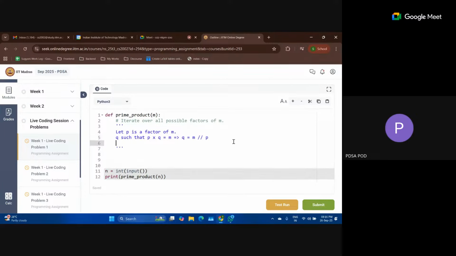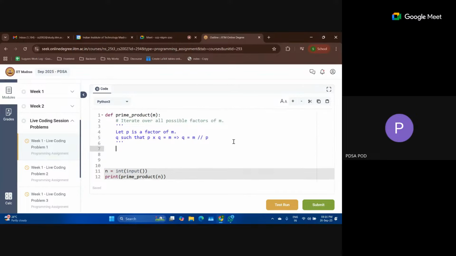So we will iterate over every factor of m, and for every p we will find the complementary factor q, the other factor which when multiplied gives m. And then we will find whether both p and q are prime numbers or not.